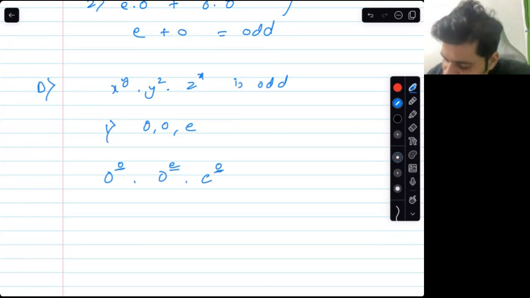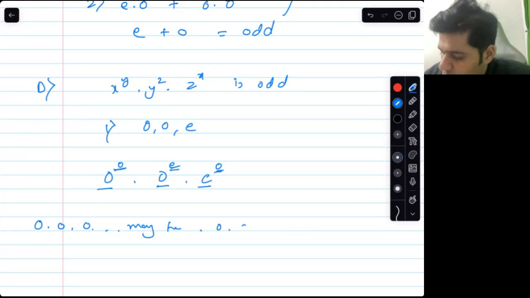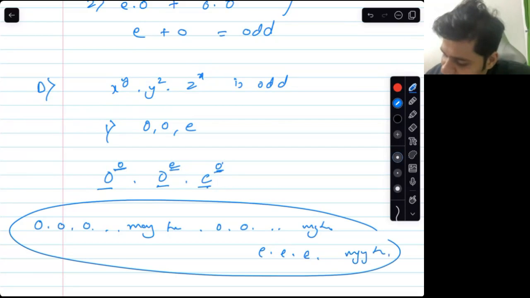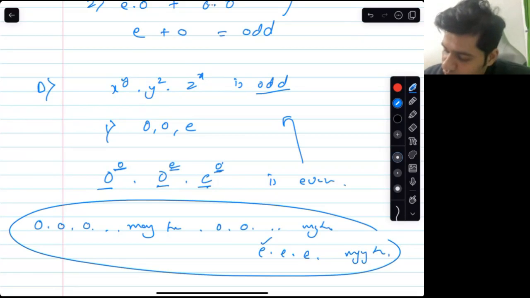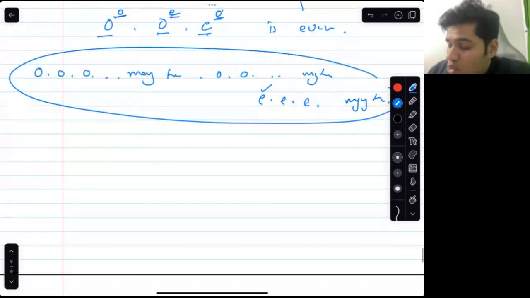And in this product, for these powers it only means that it is multiplied many times, odd into odd into odd many times. Then odd raised per even means odd into odd into odd many times. And even raised per odd means even into even many times. So in this product, there is at least a single even number. So this product has to be even. And they said it is odd. So false.